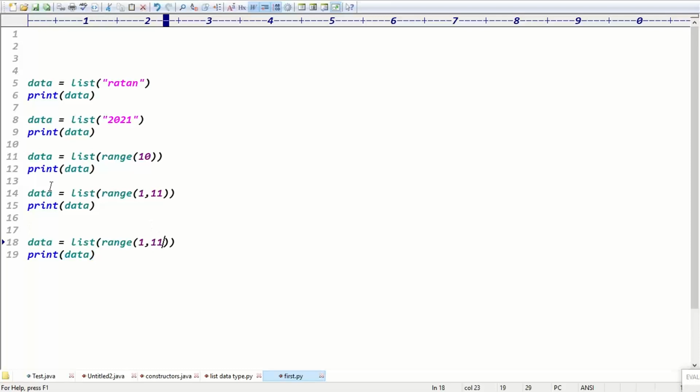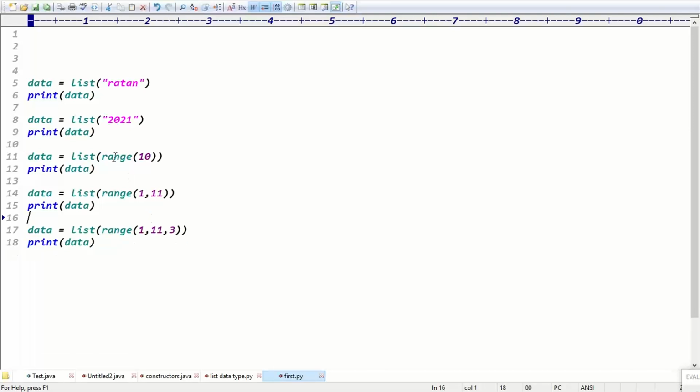So whenever I say take the list of 1 to 10 numbers, don't write data equal to square brackets 1, 2, 3, 4, 5 like that. If you have the requirement for a list of 1 to 10 numbers, a list of even values or odd values, simply take list of range of 1 to 11. You can make the stepping 3 also.